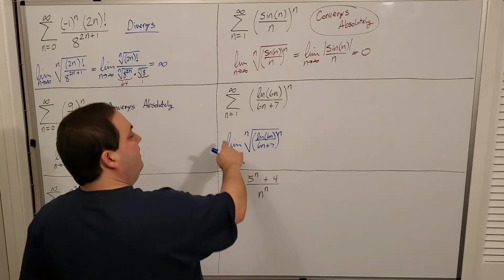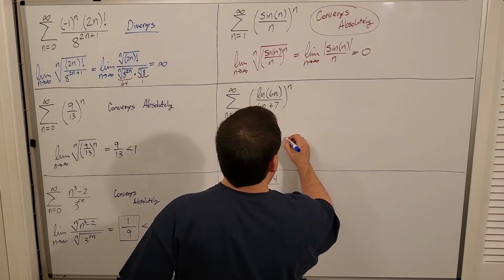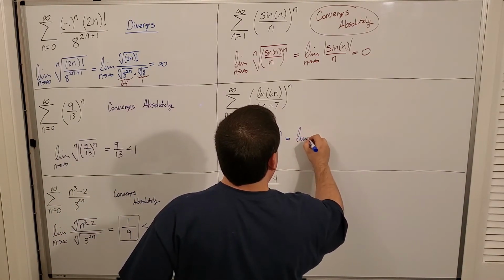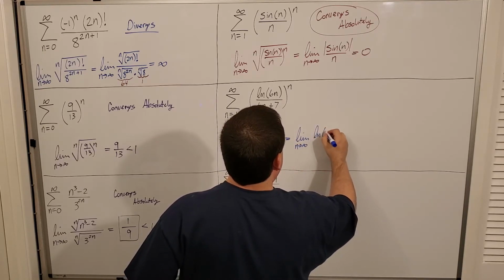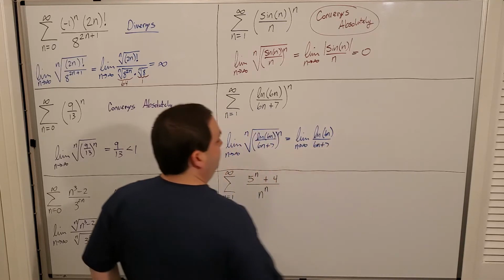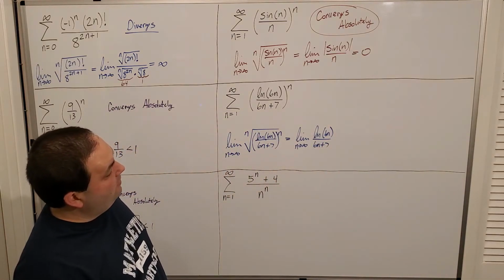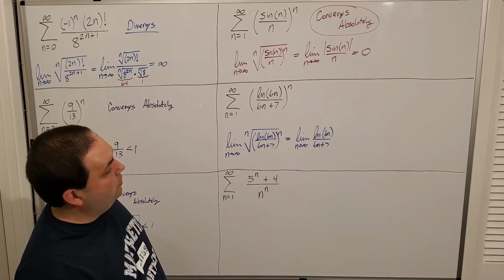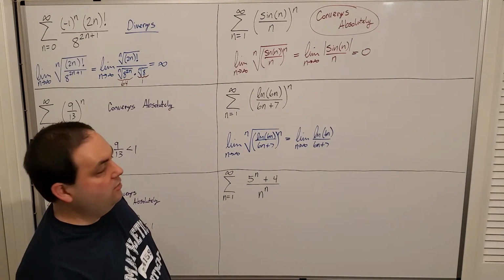Then the powers will wipe, leaving me with the limit as n goes to infinity of ln of 6n over 6n plus 7. Now I have infinity over infinity there, and remember, I can't actually do L'Hopital's rule with